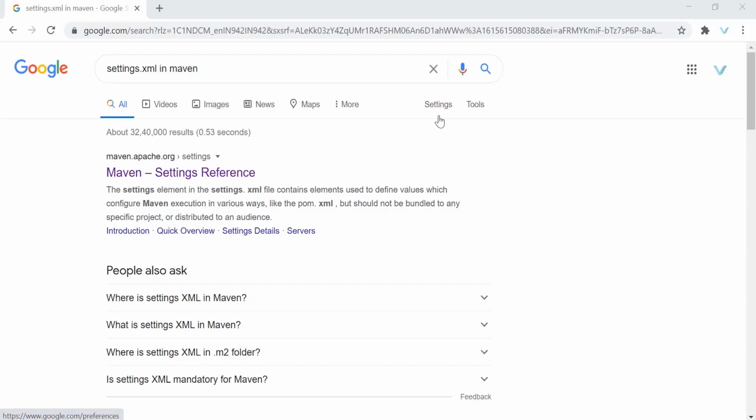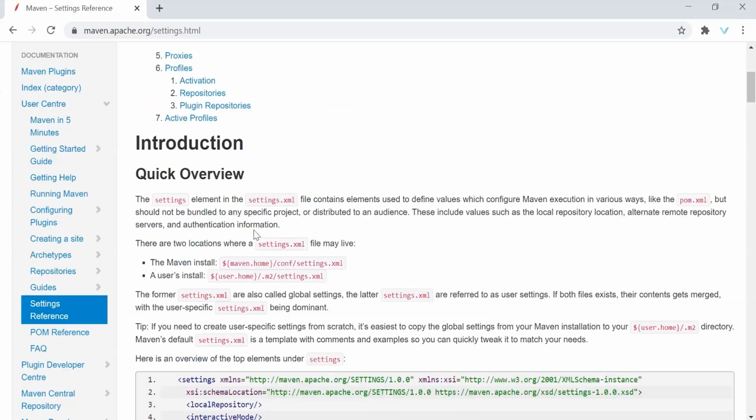Hello folks. In this lecture we are going to talk about settings.xml. Let's try to understand why we use settings.xml. I just searched for settings.xml in Maven. If I open the first link, you see the definition of settings.xml: the settings.xml file contains elements used to